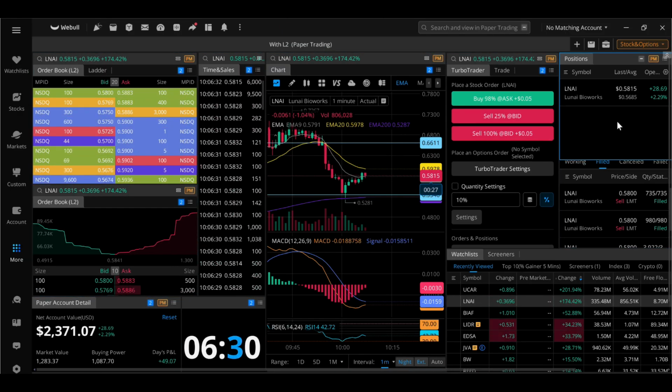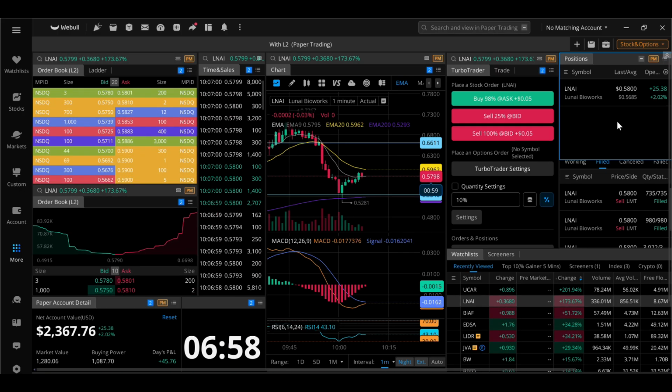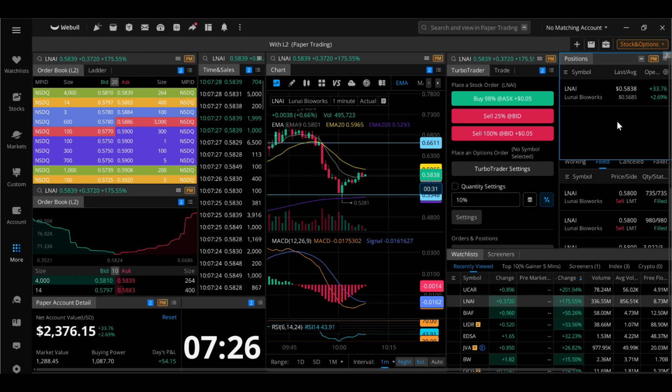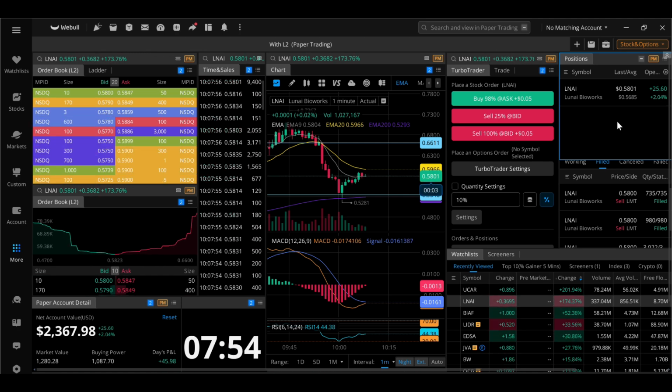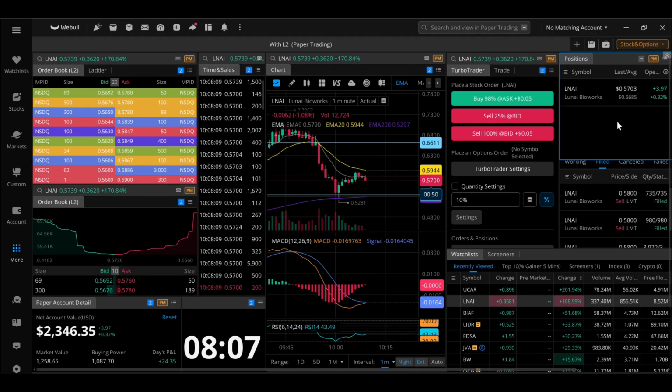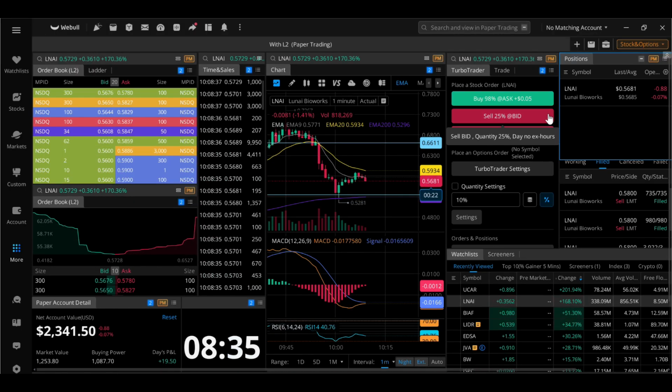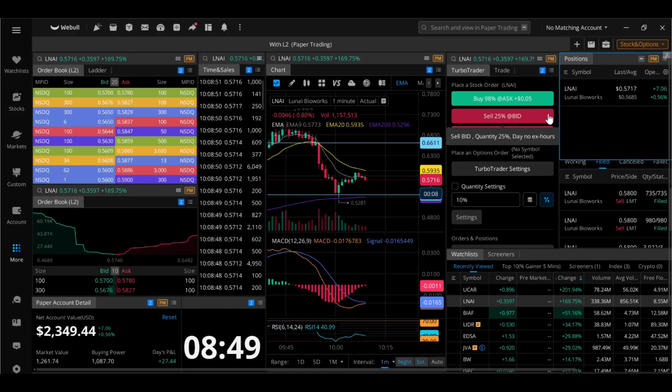And there's a little thing that I'm going to try out, which is to scale up buying, because I've just bought the whole buying power of my position. You can see in the bottom left my buying power has gone down now, but I did buy in 50%, I think it was 75%. So you can see that I've started to scale up as it goes up itself. So rather than buying the whole position at the bottom, I'm waiting for that further confirmation that it is on